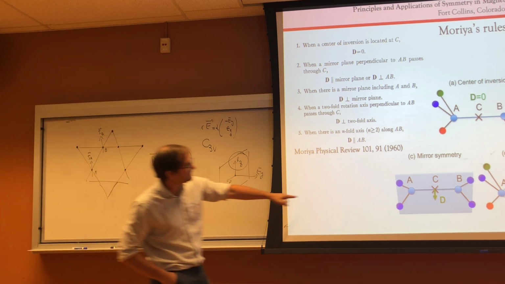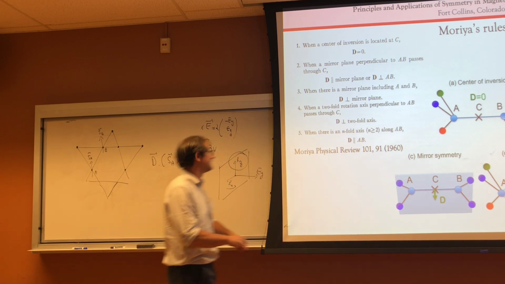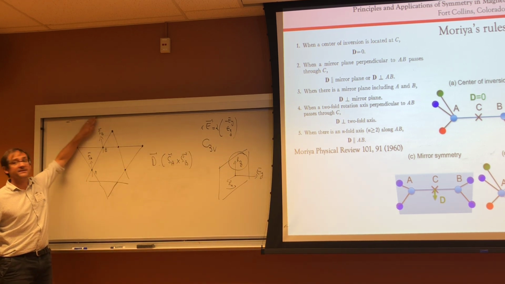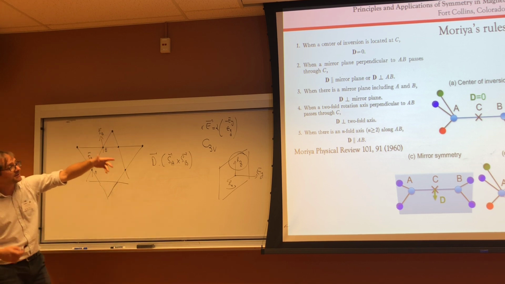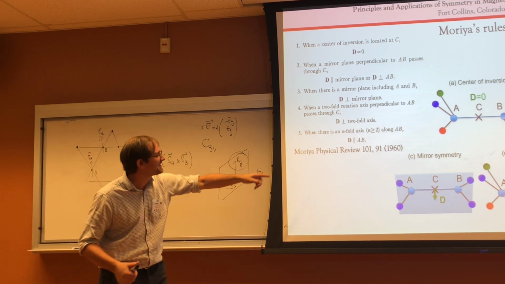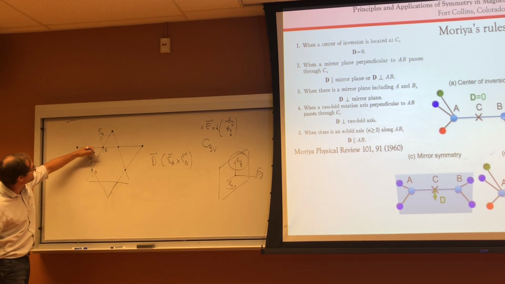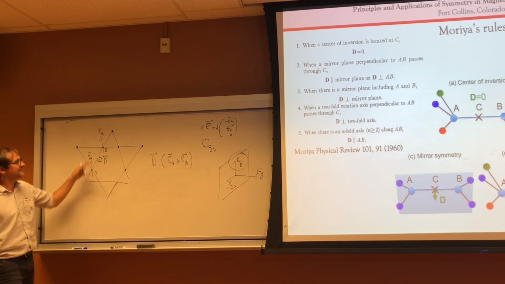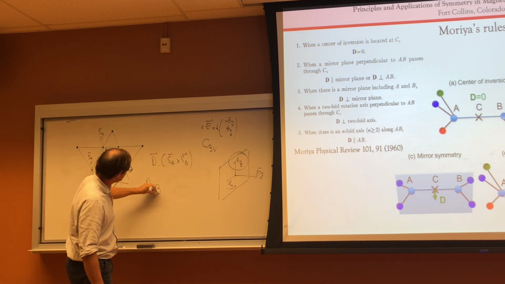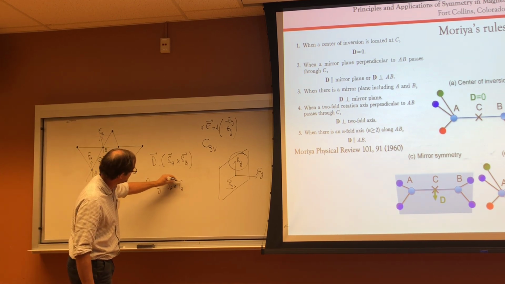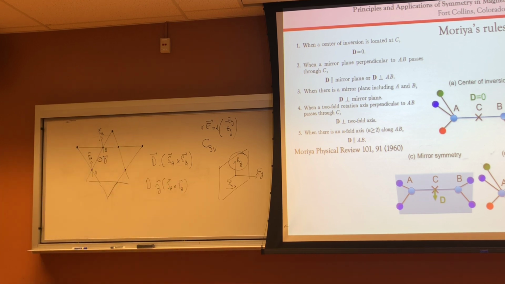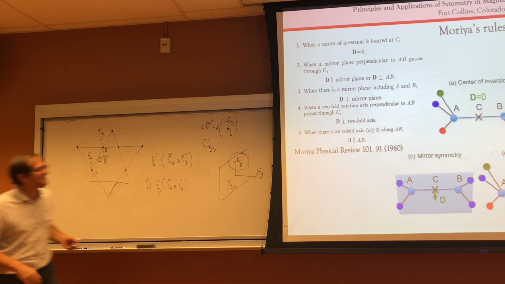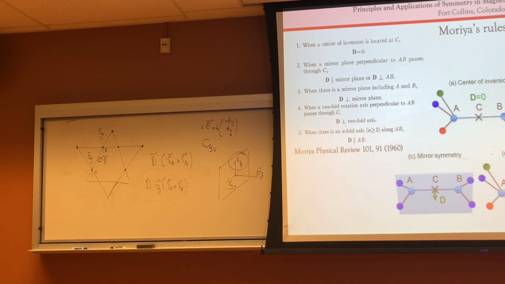So we can look at this one. I have a mirror plane here. Moriya tells you that the DMI vector should be perpendicular. So in this particular case, what I have is D_z dot S_A cross S_B. And you know that very well. So this is a very simple rule of thumb, and then you can deduce the vector direction in